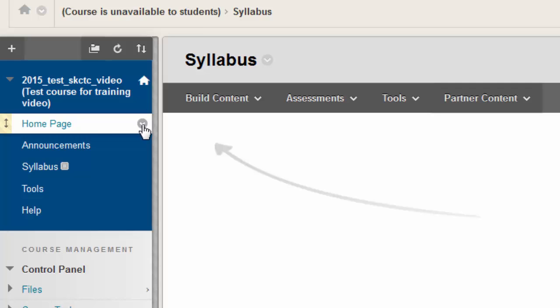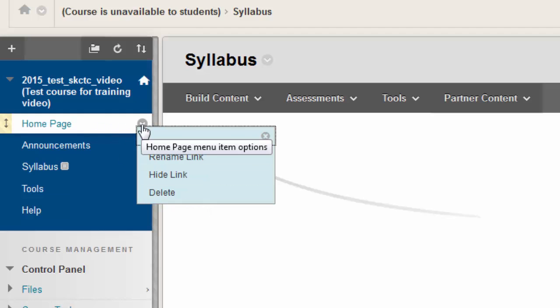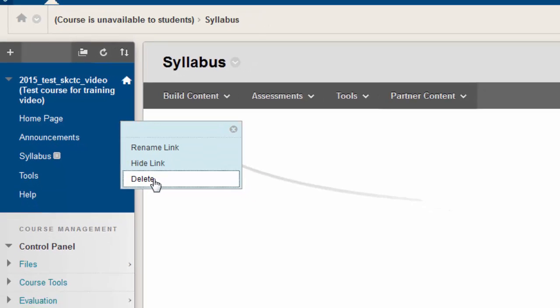So if we click this drop down button, you get a few options for this particular item. So we can rename this to something else. We can hide it, which when we select to hide it, that means it's only hidden from students, not you. And then we can also just delete it entirely. Now we recommend to remove the home page item from Blackboard. So we're just going to go ahead and do that now,